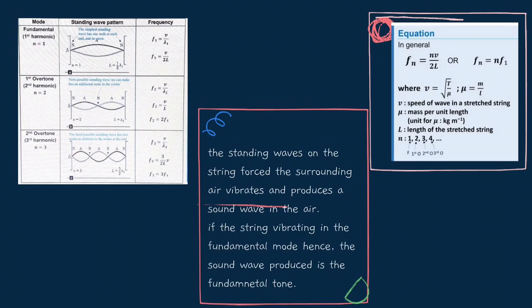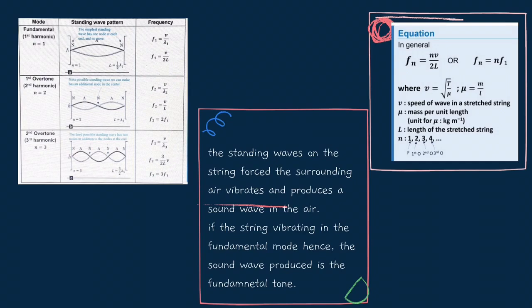So now we have the table showing the mode, standing wave pattern, and frequency of a stretched string. The first one is the fundamental mode. We have the first harmonic with harmonic number n equal to 1. This is the drawing pattern. The simplest standing wave has one node at each end and no more. The formula of the frequency is f1 equal to v over λ1, and we can substitute